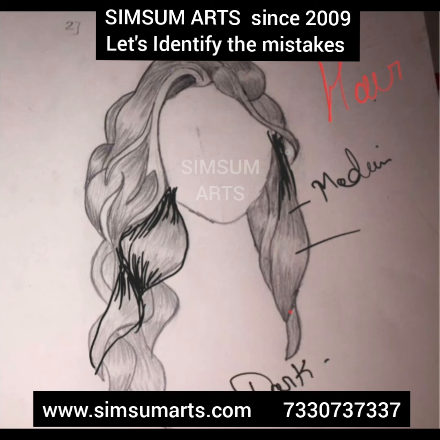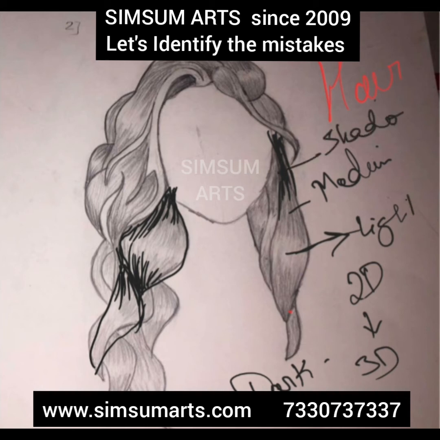Doing this, a 2D figure can turn into a 3D figure. So whenever you have these light areas and the shadow areas, only then do you get a 3D figure. It might be hair or anything. You get it only when you add some darks and the lights. And one more mistake over here is she has ended the medium shade exactly in a line. So try avoiding that. See, whenever I am giving the strokes, you can observe that there are some longer strokes which I gave, and there are some smaller strokes which I am giving. So that is again very important.